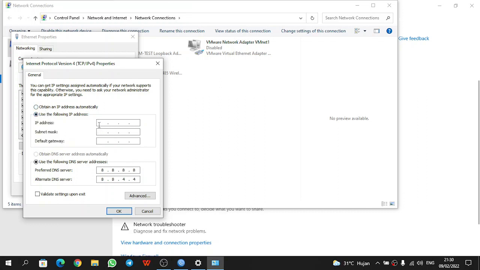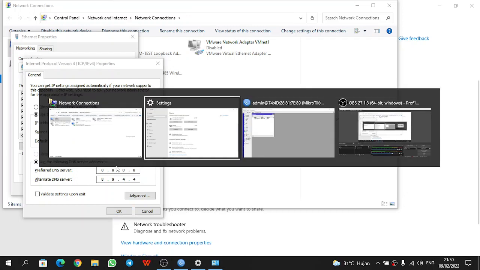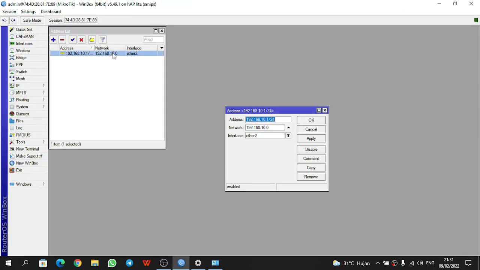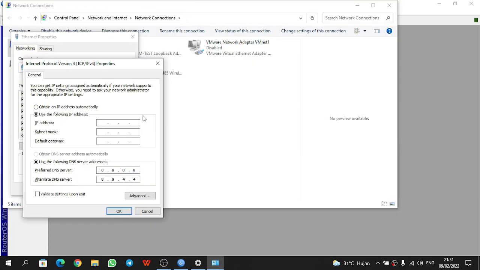For example, for network 10, we add the IP 192.168.10 with any number other than 1.